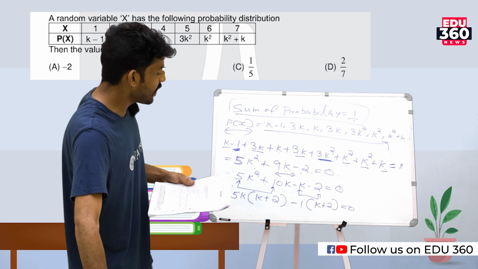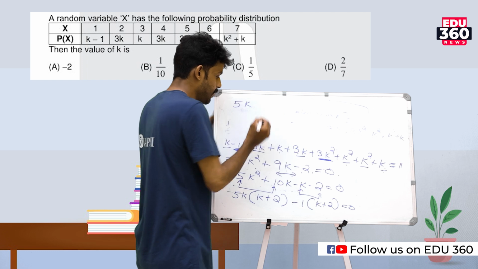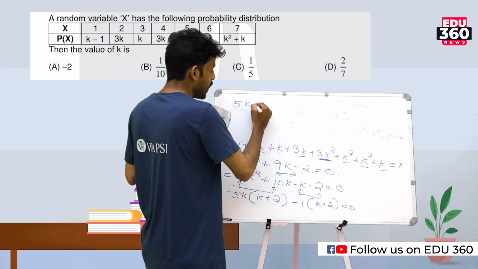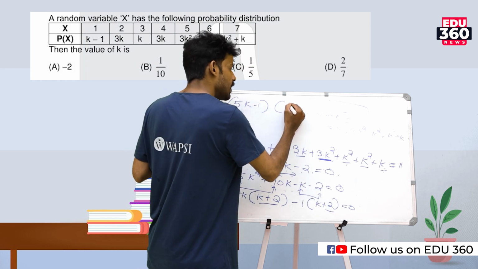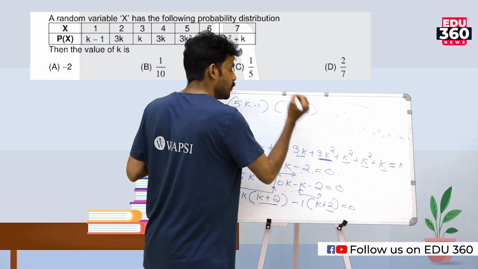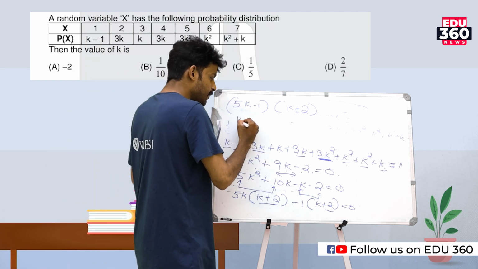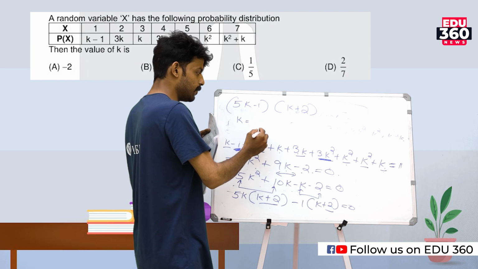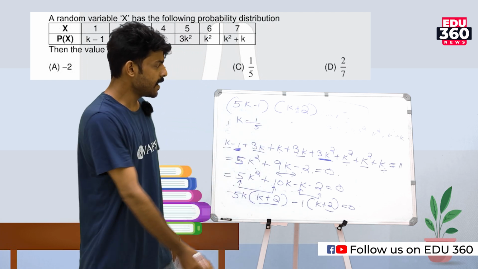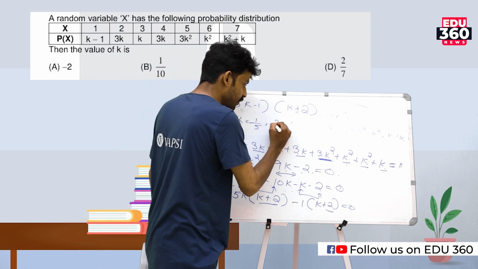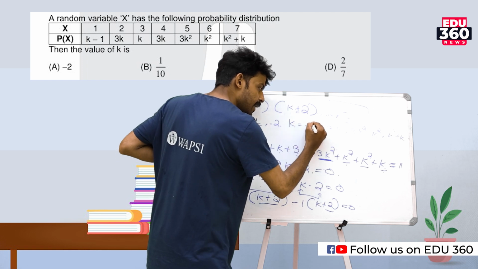So in the next step, we can write 5k minus 1 into k plus 2, because k plus 2 is common. Then we can write the value of k. Here the value of k will be equal to 1 by 5, and here the value of k will be equal to minus 2. So we know that the value of k equal to minus 2